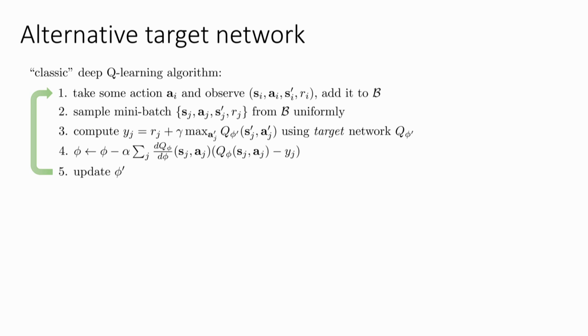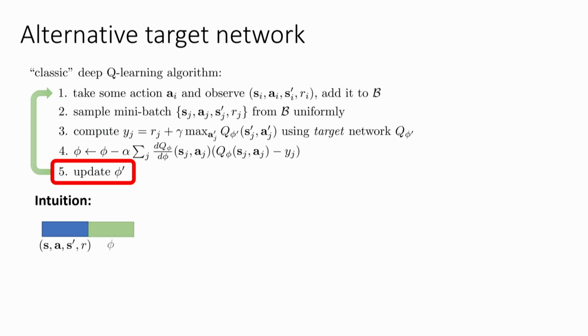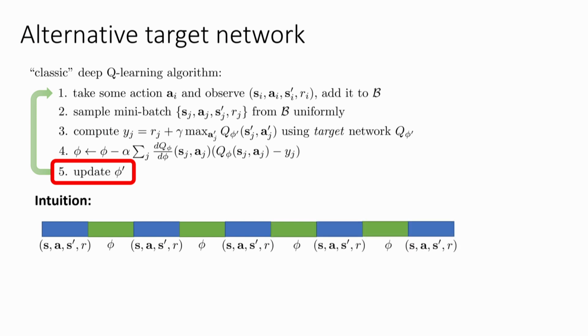All right, let's talk a little bit more about these target networks. There's a little subtle design decision here that we have to make. So let's talk about step 5. And I think the question earlier kind of alluded to this. So let's imagine this process. We collect a transition, we update our phi, we collect another transition, we update our phi, collect a transition, update the phi, et cetera. And the target value that we use, for example, to update the phi on this step is obtained from the value of phi at this step.